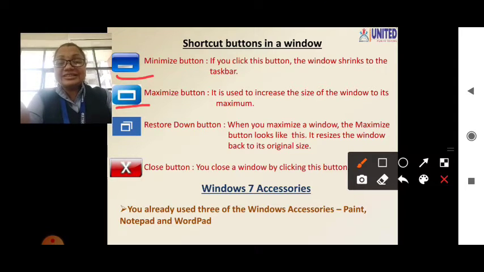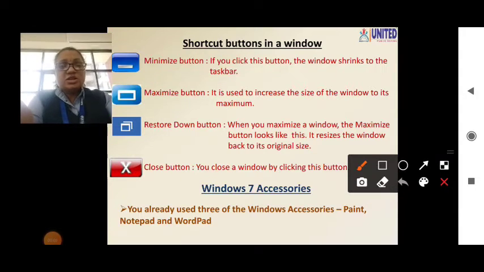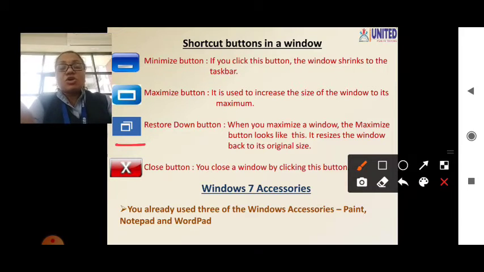Now the next is the restore down button. See this restore down button, in that 2 rectangles overlap each other. So what is the use of this restore down button? When you maximize a window, the maximize button looks like this. It resizes the window back to its original position. That means whenever any program window is in maximum size, at that time at the top right hand side corner you can see this restore down button, in which 2 rectangles are overlapping each other.